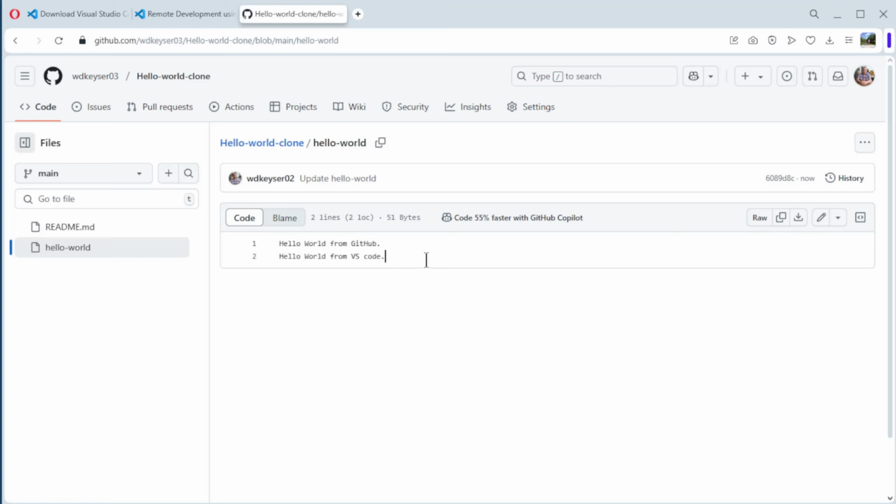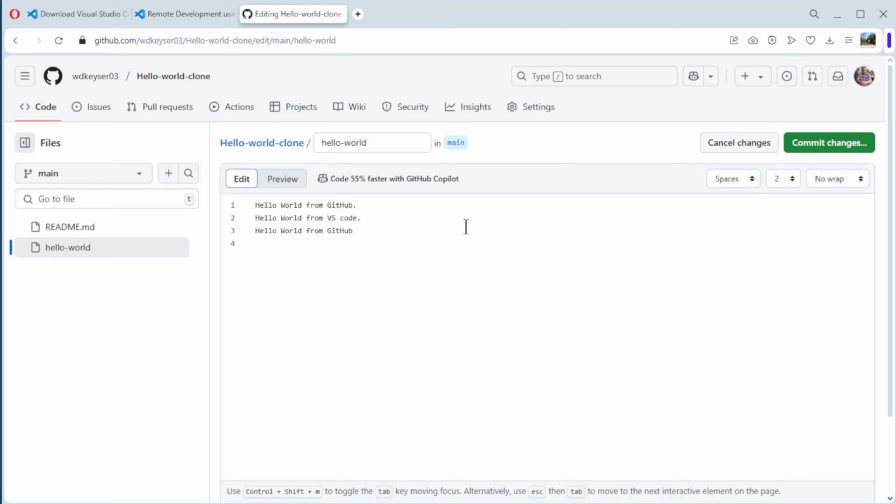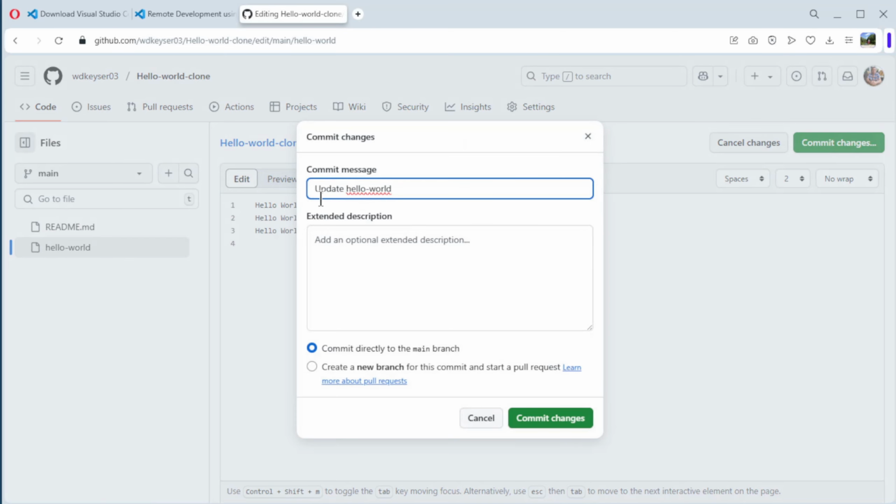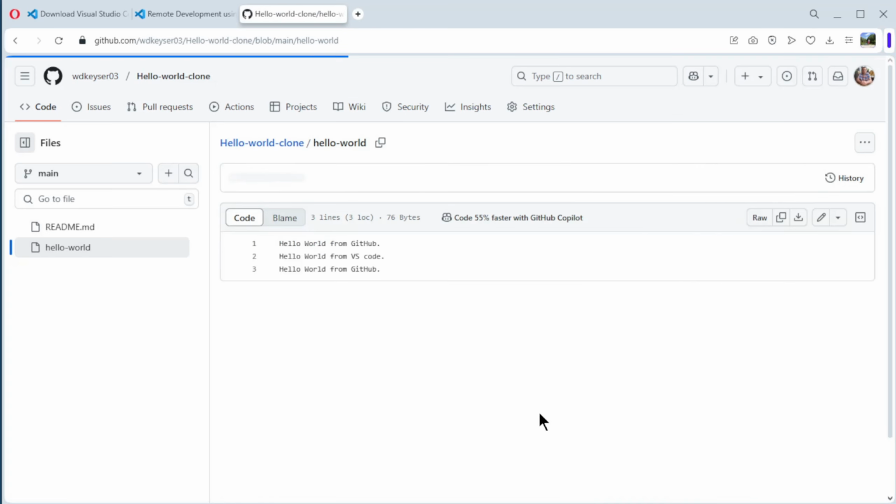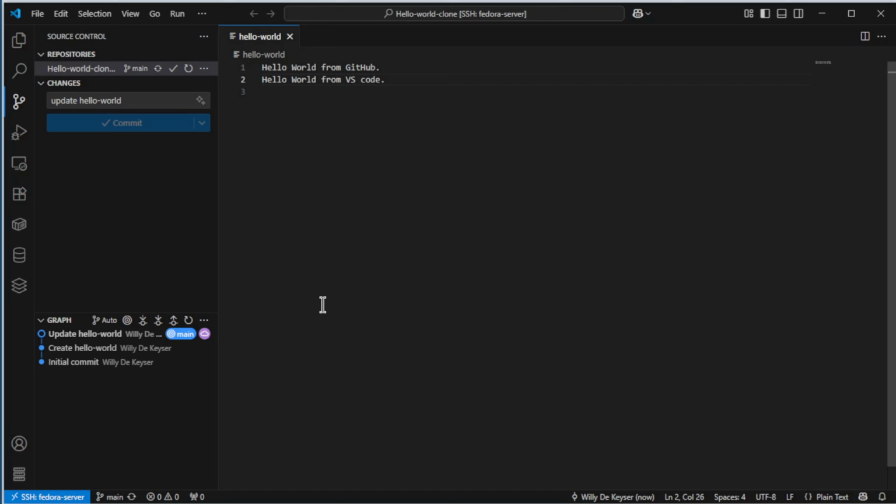You can change the file. Here, a new line. Hello world from GitHub. Okay. Commit changes. Again, update hello world. All the rest, it's okay. Commit changes. And okay. Now we can go back to Visual Studio Code and